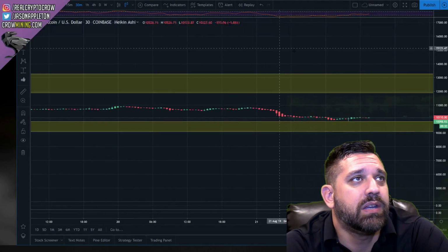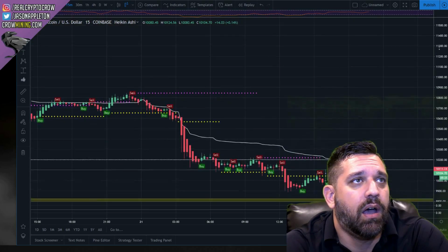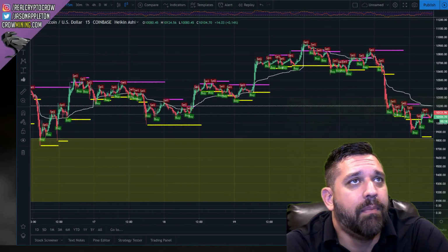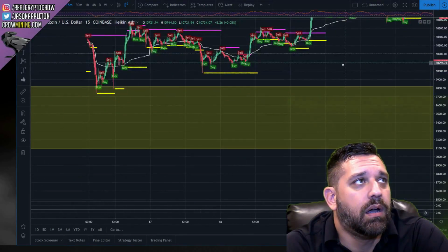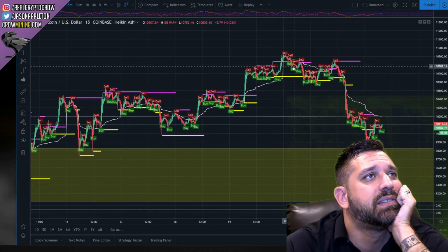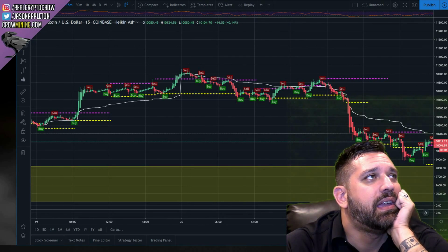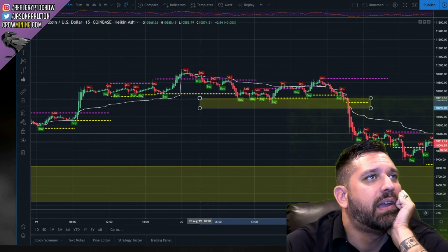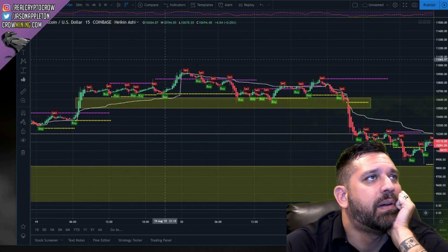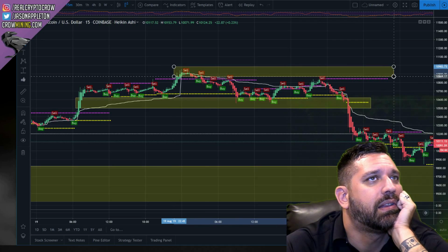Now, if I wanted to swing or day trade this, I might look at a 15-minute chart and establish this there, which would look quite a bit different. On a 15-minute chart, depending on my time period, I might consider this my area. And if I'm looking at this zone, I might eyeball this as a potential buy zone. And then I'd probably look at this as a potential